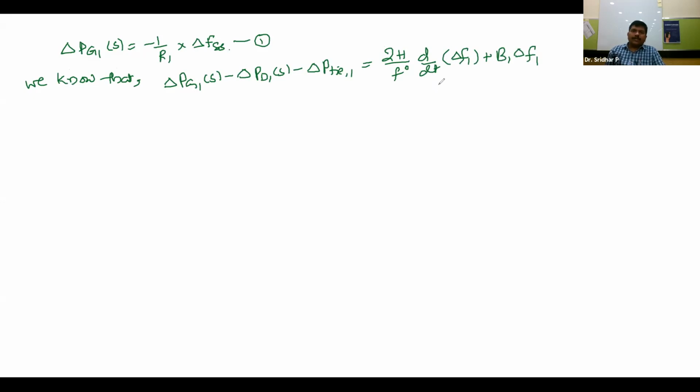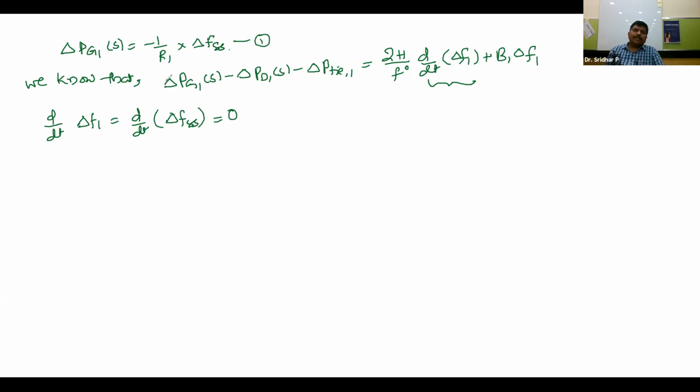So here let me substitute in this one. If you observe this expression keenly, what is this, d by dt of delta f1? That frequency is at steady state condition. What is the steady state condition? Once the oscillations completely die out or vanish, that period is called the steady state. If there are no oscillations, it remains fixed in nature, then the derivative of this will be equal to 0.